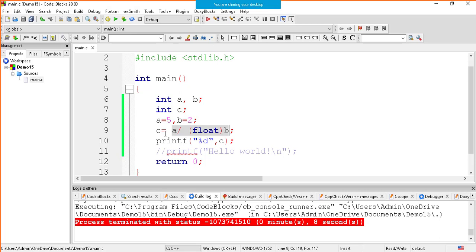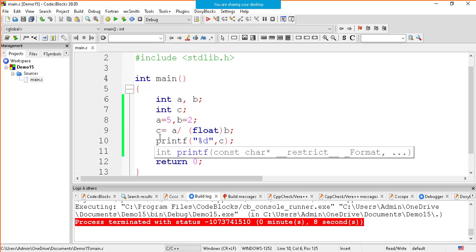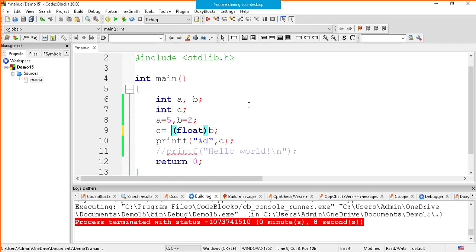That conversion is done by the compiler because your container was not capable of holding it, and that is called implicit typecasting. So I said there are two typecastings: one is explicit, another one is implicit. This is an example. Explicit we are doing, implicit is what the compiler does without telling us. So there are two types of casting, explicit and implicit. Let me explain in a little more detail.